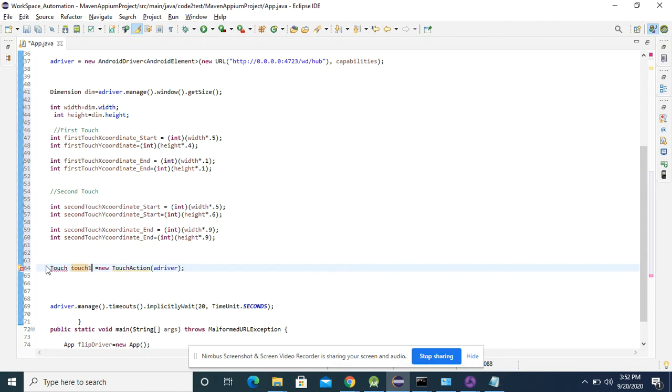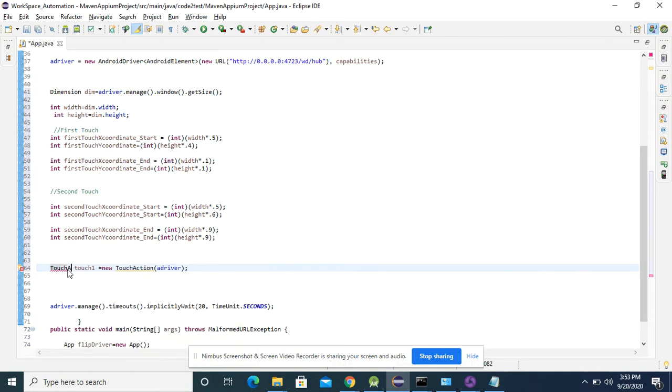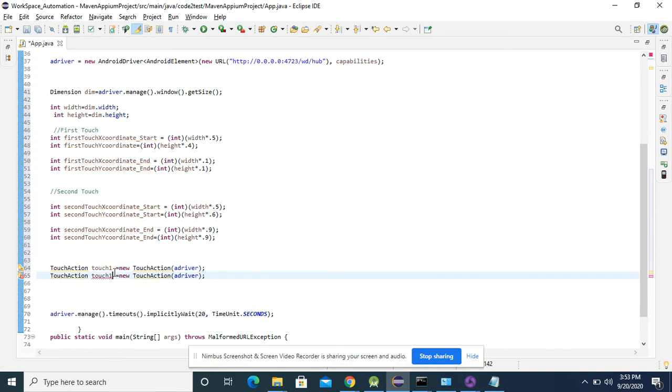Look, when I have to perform any action for the touch, I need to create an object of TouchAction, and inside this object I have to perform all the coordinate operations. So this is for touch 1, and sequentially I'll perform for touch 2 also, because I am performing two touch operations and taking it to some other location.